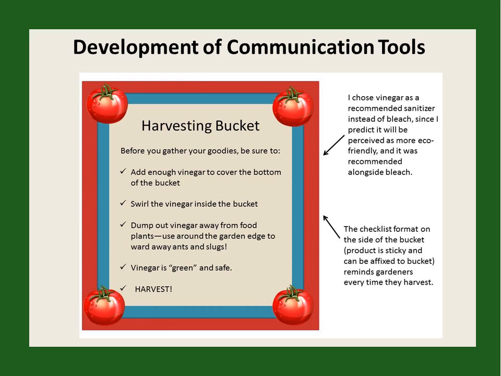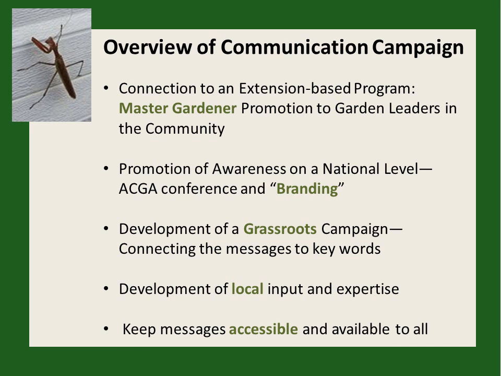For implementation, the communications campaign will employ durable, laminated, simple graphics that can be distributed in the garden. Here's an example of a graphic that would be used on a bucket to remind gardeners of the procedure to sanitize the bucket before harvest. The language focuses on the green motivation of community gardeners, and the colors and style of the different graphics will be kept consistent in order to develop a brand. Based on the preferred vocabulary of the target audience, I suggest something along the lines of Wholesome Harvest as the brand name for this community garden food safety campaign.